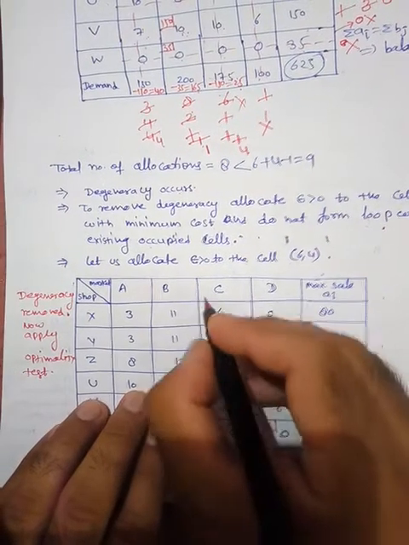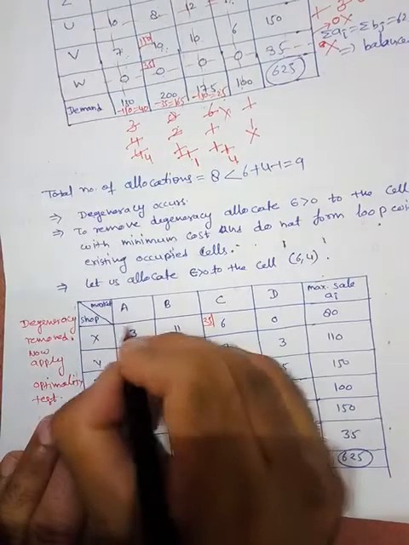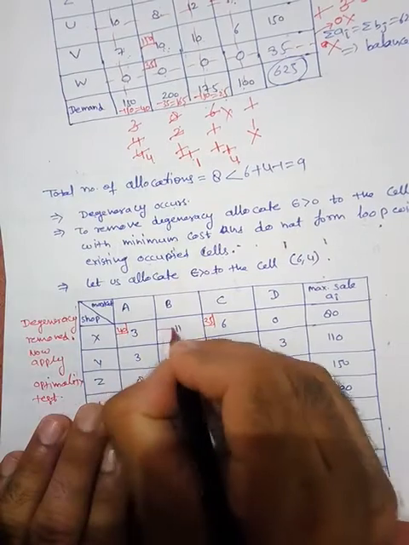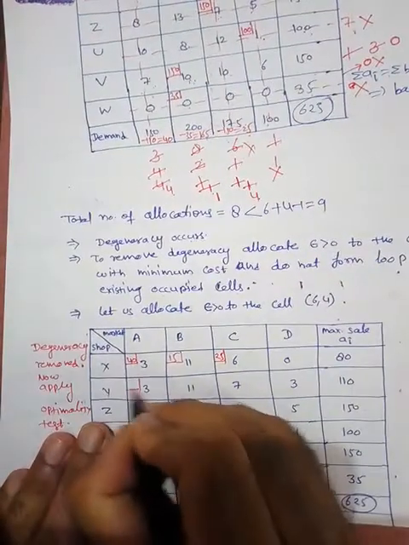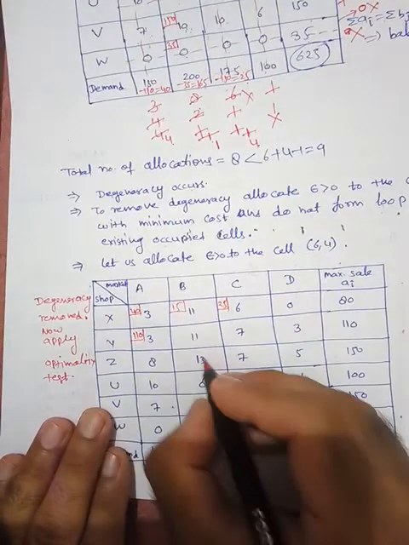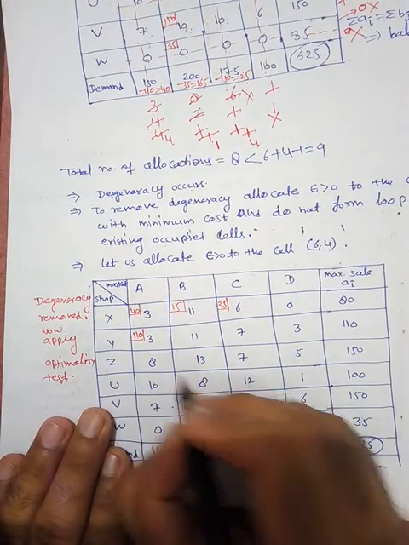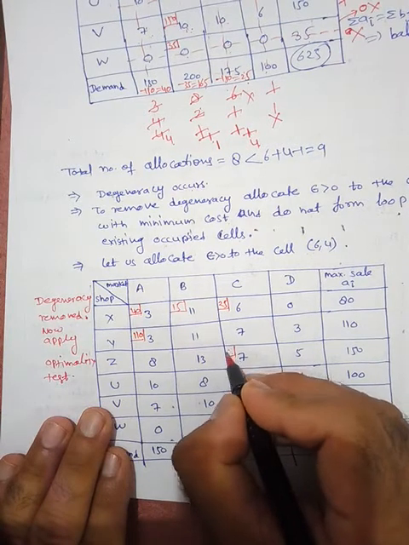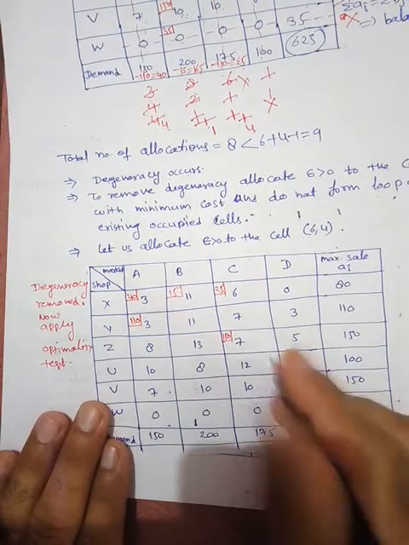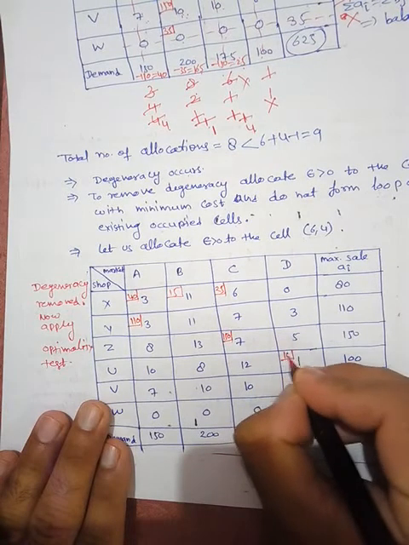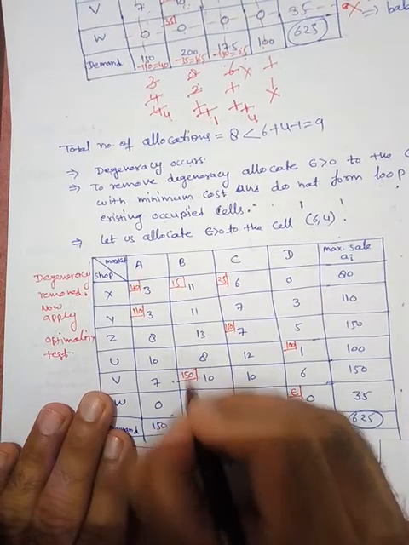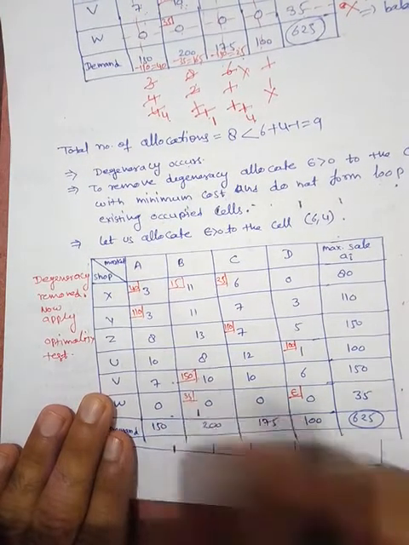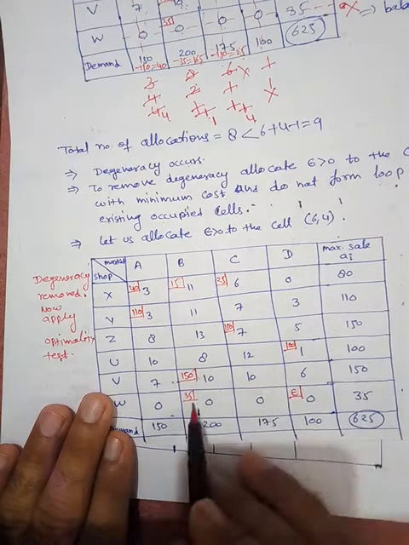So here we have to assign the epsilon amount, and here is 25, 15, 40. So 40 and 15. Then here is 110, and then here is 150, here is 100, here is 150, here is 35. So 1, 2, 3, 4, 5, 6, 7, 8 and the 9th is this.